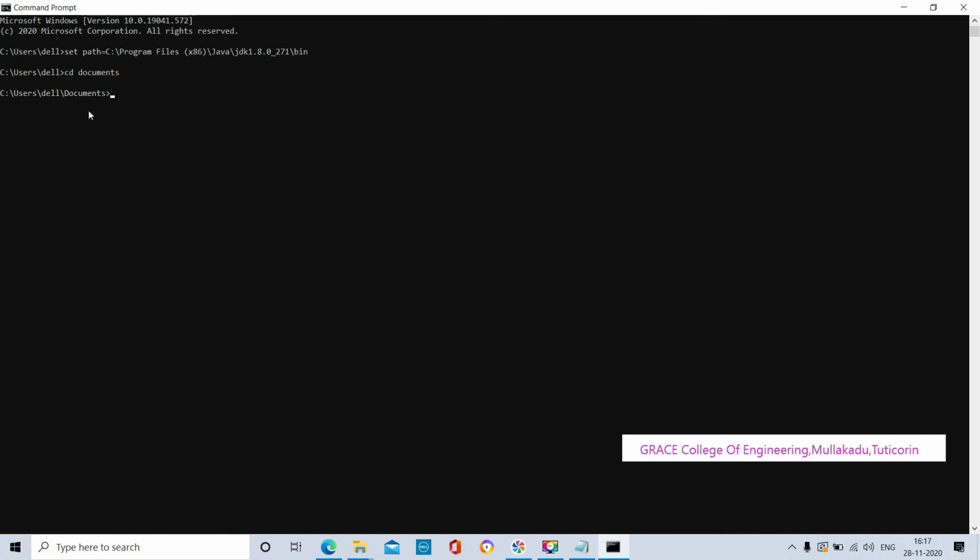Now I will compile our application program using the syntax javac space file name. Our file name is the same as the class name, so ShapeClass.java. If any error is present in our program, it will be displayed in this step. Here there is no error, so it moves to the running process. To run, the syntax is java space ShapeClass.